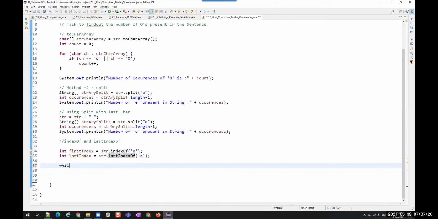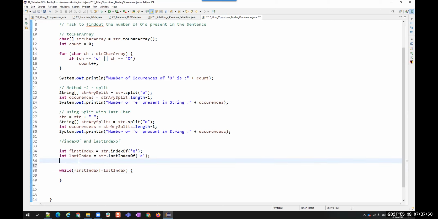Okay. So while I'm using this, while firstIndex is not equals to lastIndex. So when these two are not equal, then what should I do? I have to increase the count.